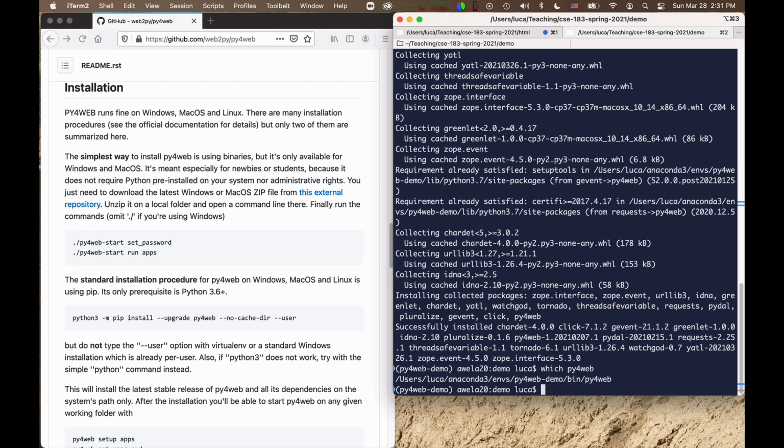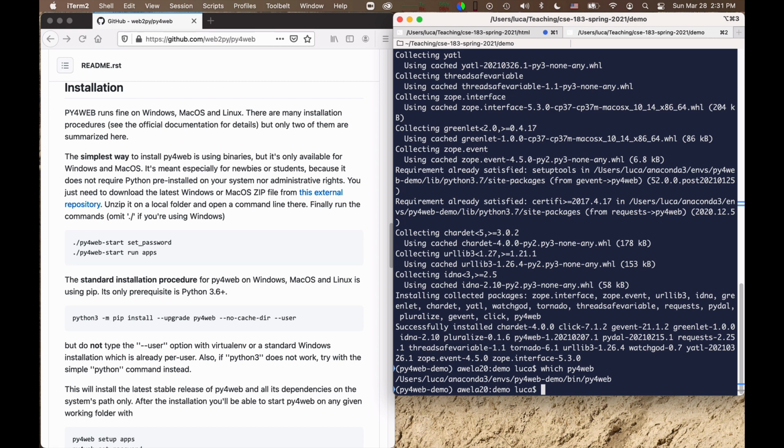And Py4Web works in this way. When you run it, it wants to have a directory that contains many applications, I mean one or more applications that you want to serve. Think of every application as a website. Essentially, Py4Web is capable of managing multiple websites, and each website will be a directory inside a general application directory.